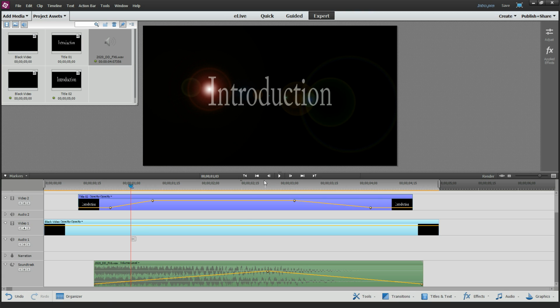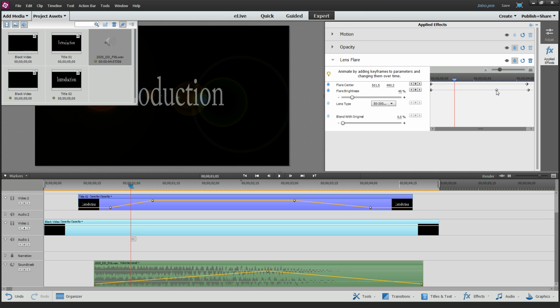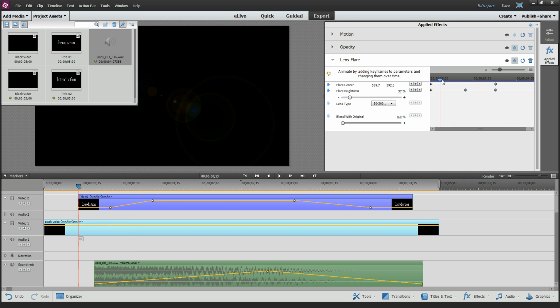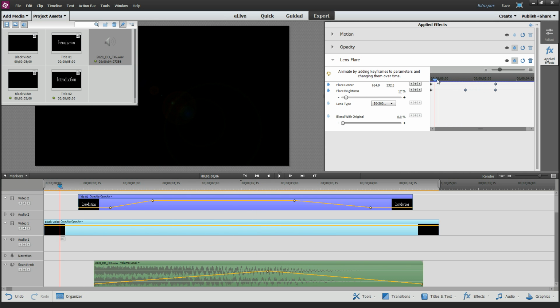A couple other things, just one last thing. Let's go ahead and select the black video, select our applied effects, and notice how I have all of these, the lens flare brightness and the lens flare center, sort of too far from the end. If you don't like that, you can drag these things around wherever you want, or you can fence select, click down the mouse button and move things all simultaneously. And what that does is simply change the timing on when your lens flare actually happens. So if you want to bring in your clip length, make it a little bit shorter, that's how you can control how fast these things come in and come out of your timeline.